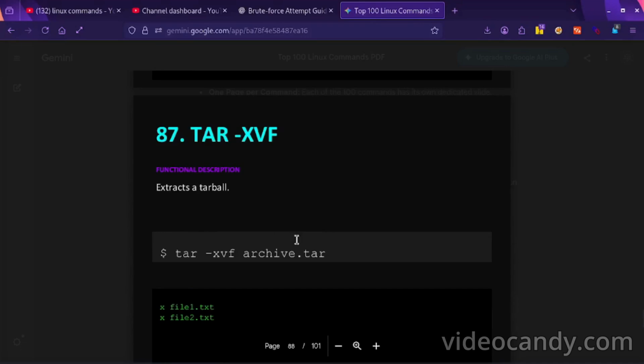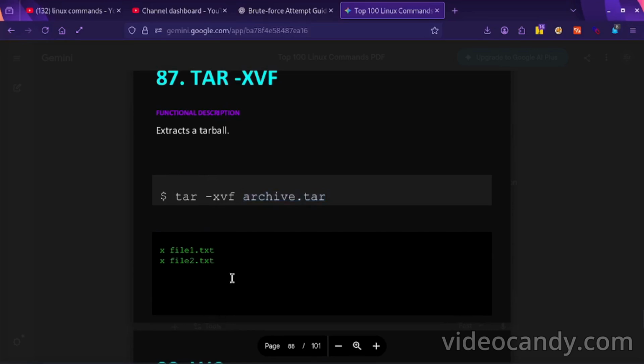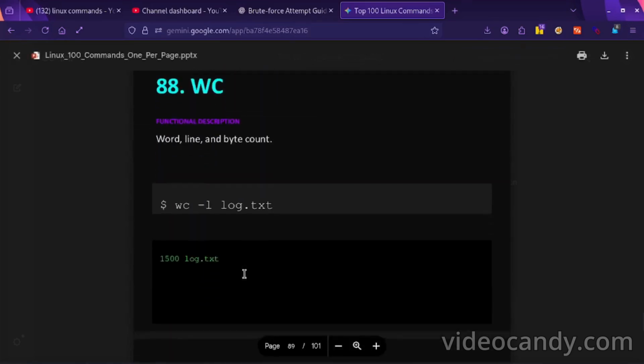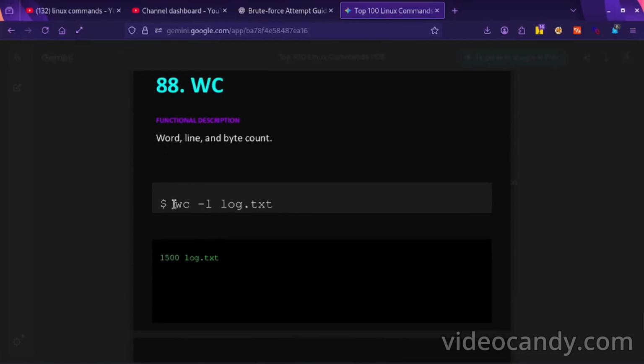tar: extract a tarball. If you have a tar file and you want to read it, you first write tar -xvf and the tar file name. It will extract and give you output like this. wc: word, line and byte count.